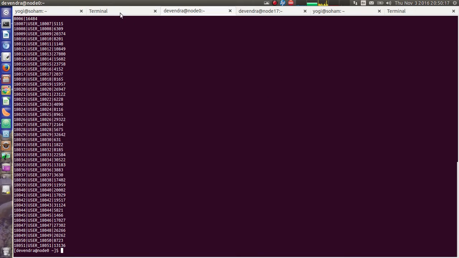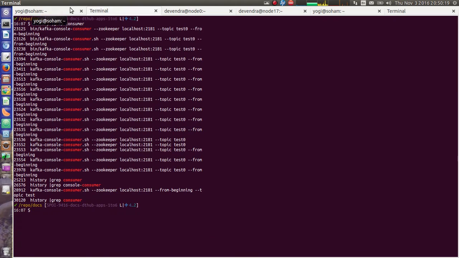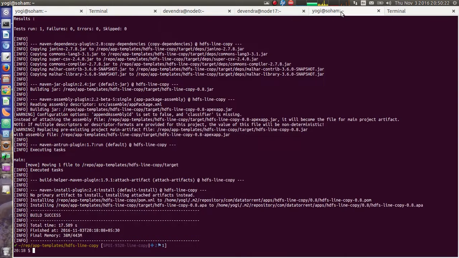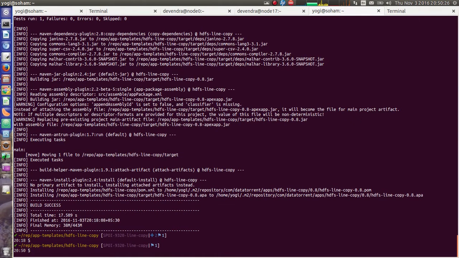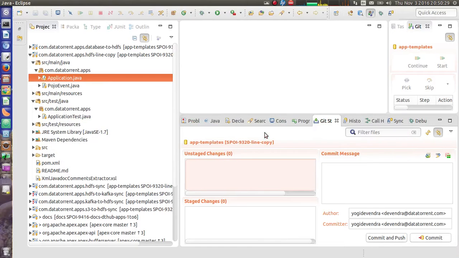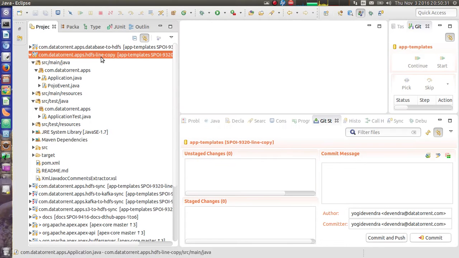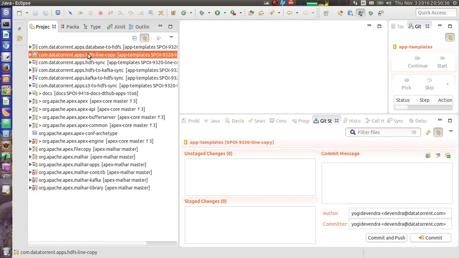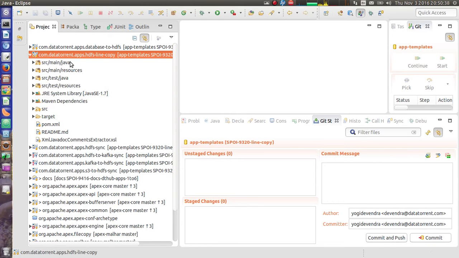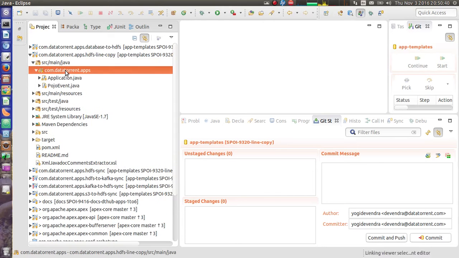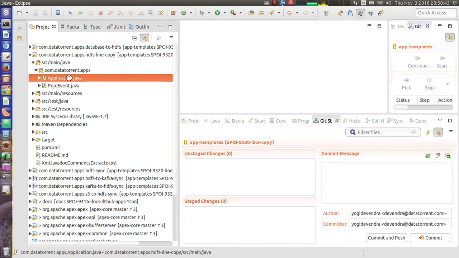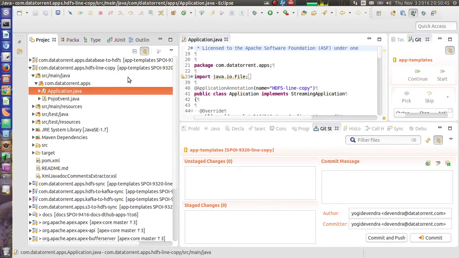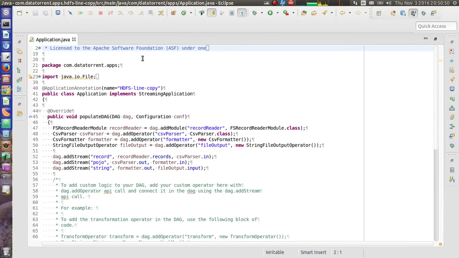So I already have a local clone of this repository, and I have imported this particular application in my favorite IDE, that is Eclipse. So if we look at the source code of this particular app package, this is the main file,